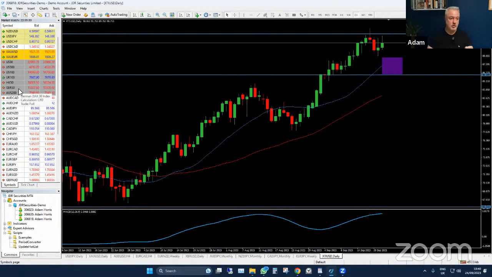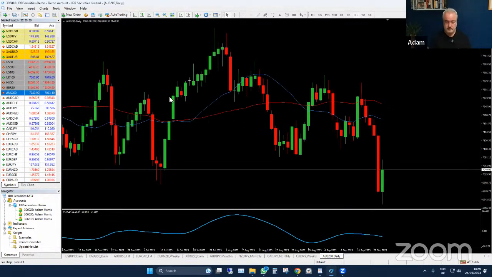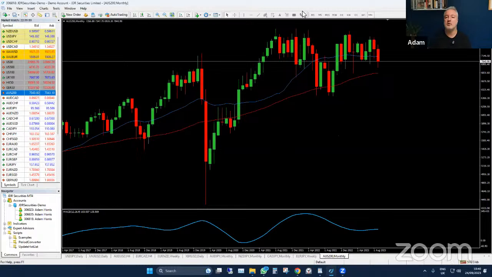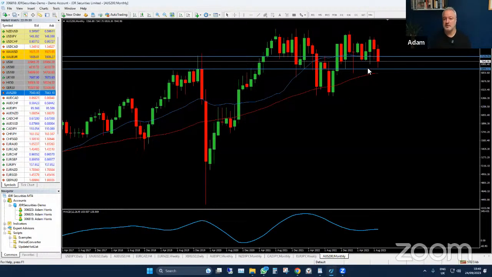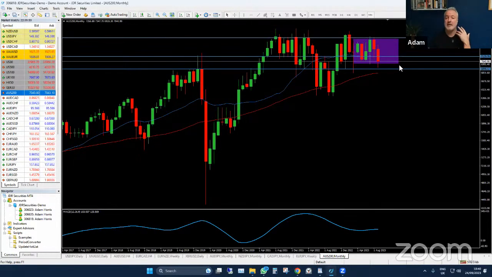Then we have the global indices. So let's work backwards from Australia quickly. Let's look at it on a monthly. We're sitting near all-time highs. Where are our major levels? We're sitting close to a support level. Let's put a support level there. There's also a bit of a support level there. So we're sort of sitting in no man's land. Okay, we're range bound. How do we know this? Because you can see it. We haven't gone anywhere. So to say that the market is bearish or something now is not accurate enough. We're in a very dangerous area because we can find support anywhere in this area and we can ping pong back up here and we're right near these levels. So it's a very dangerous, choppy environment that we're in,